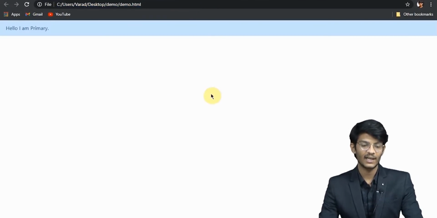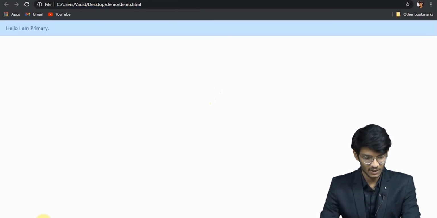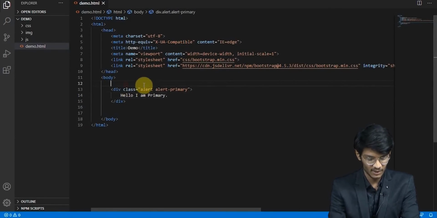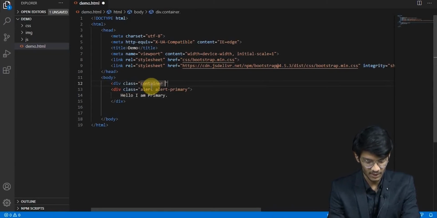Well, can you see that? Let's keep it in a div for a better look. I'm giving a div class container plus margin top 5.